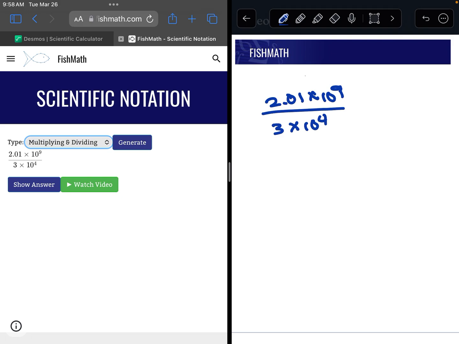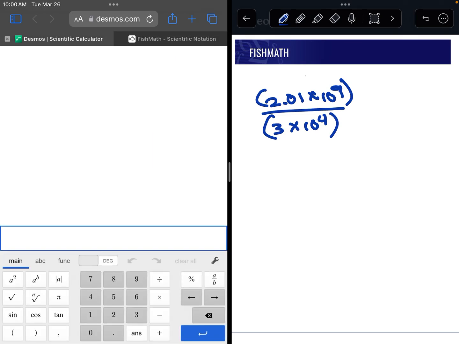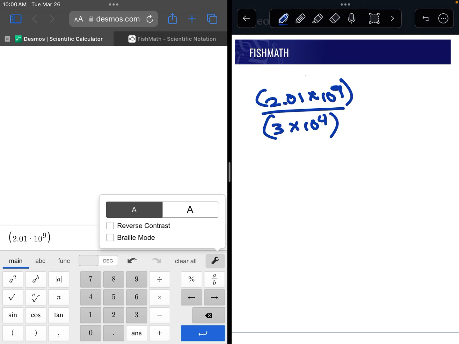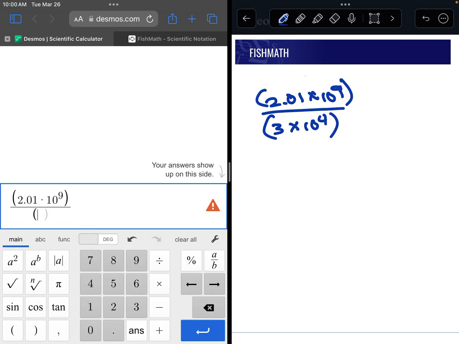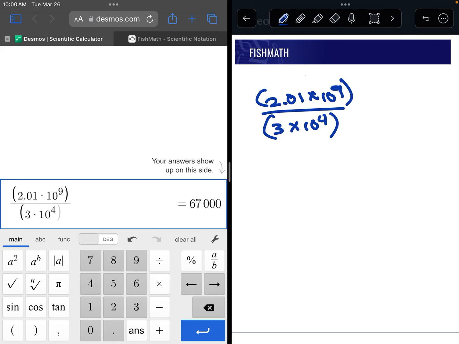put our answer back into scientific notation. So what you need to do on a calculator is to make sure that you put at least the denominator into parentheses. It wouldn't hurt to put the top in parentheses as well to make sure that you do the whole top divided by the entire bottom. So in this case, I'm going to do 2.01 times 10 to the 9th in parentheses up top here. And I'm going to divide that entire thing by, in parentheses, 3 times 10 to the 4th. And that will give me